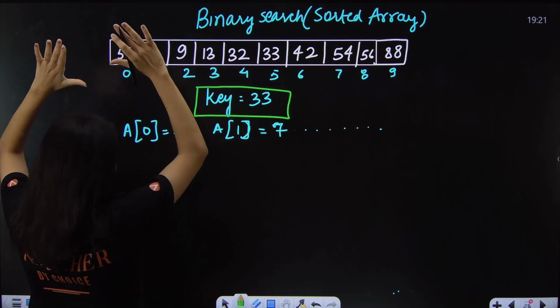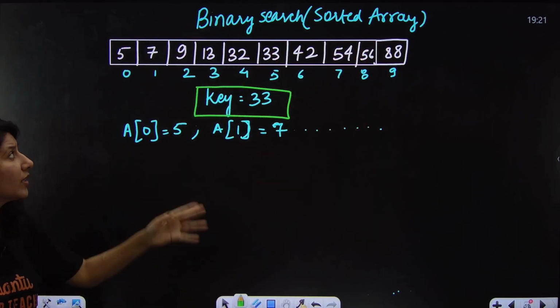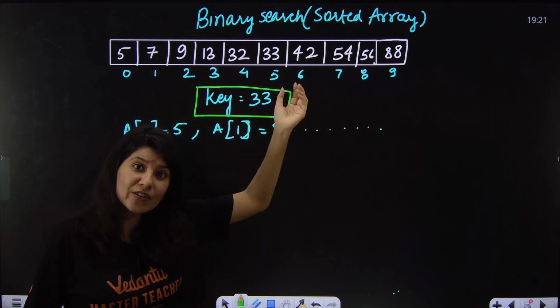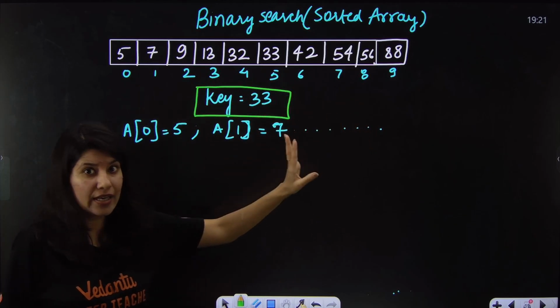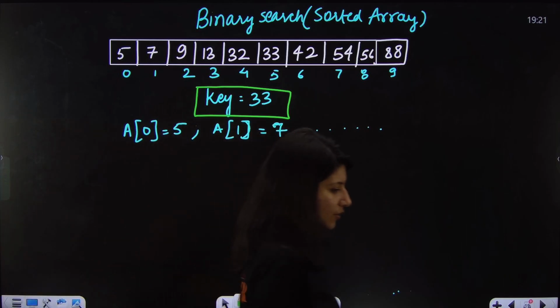Now if I just hide this array and then ask you to do this algorithm, even if I change the elements, it should work for the changed elements as well, okay? Then also it should work. What will be the first step? Okay, so the first step will be,